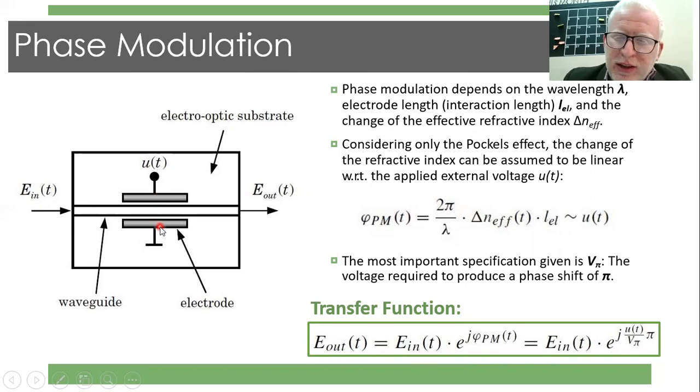So the electrical field now is not constant. It's variable with the variation of this voltage. And in order to include the electrical field in the equation, we are going to include it in the form of the refractive index. So let me describe it. Generally, if you are using air here as a waveguide, which is actually a hypothetical model because waveguides are guided medium, so you are not going to use air, you basically are going to use another material, but let's assume that it's air. If you are using air here, then the k coefficient or the propagation coefficient should be equal